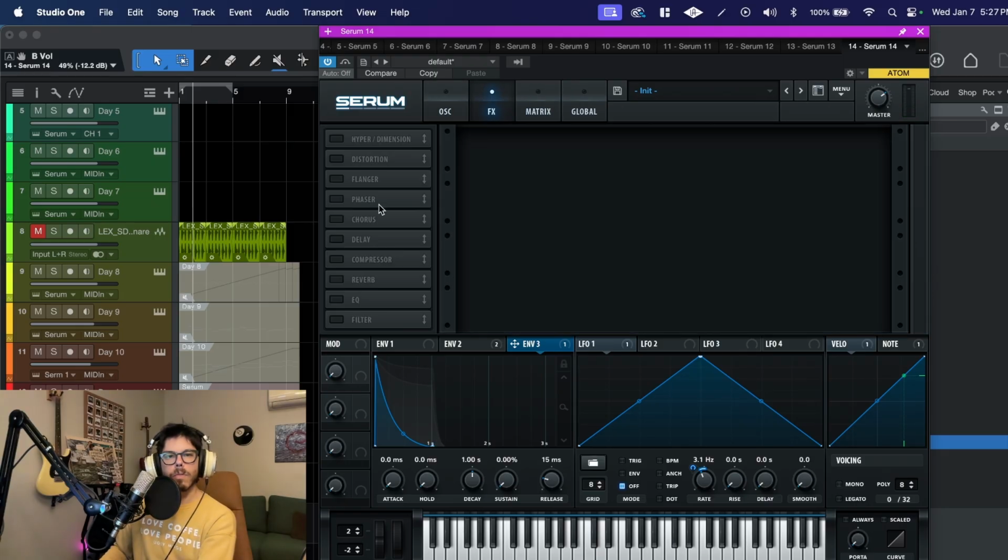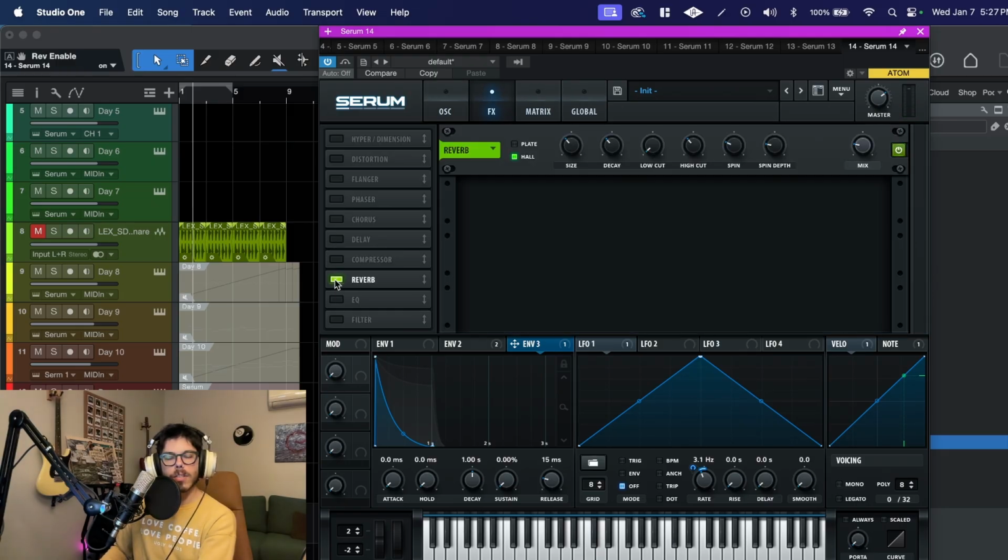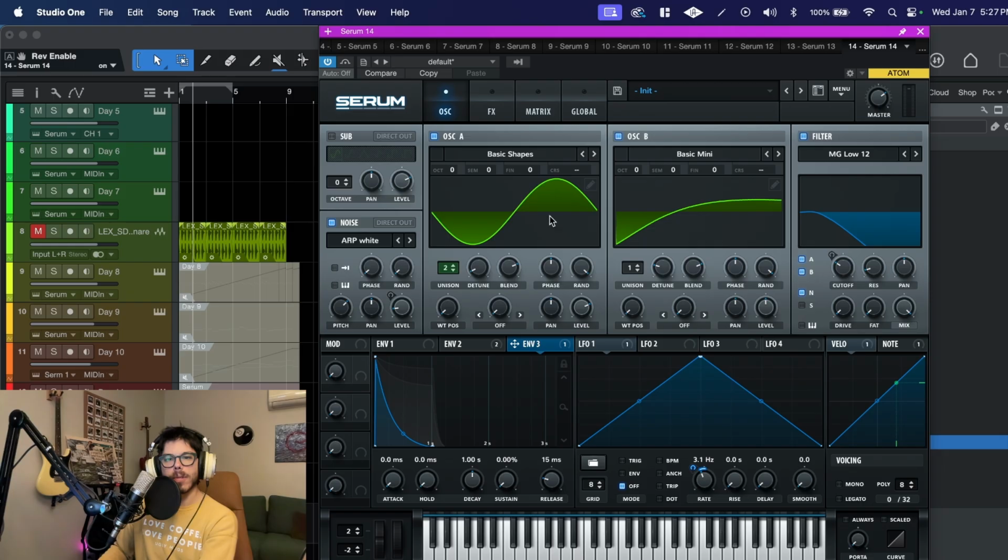Okay, and for finishing touches, let's go ahead and add some reverb. Okay, actually one last thing I want to do is I want to mess with the detune here ever so slightly. So let's grab this, we'll bring it quite a bit down,